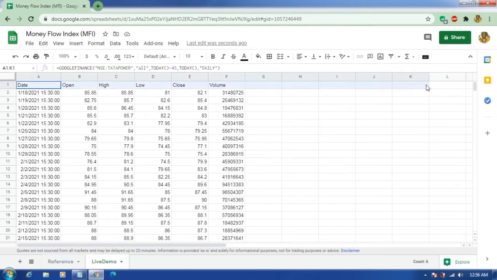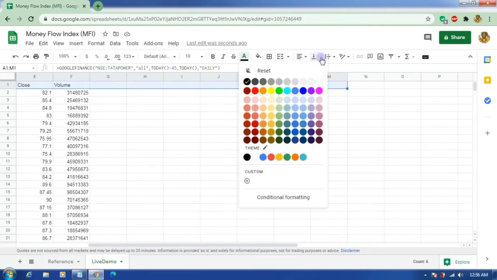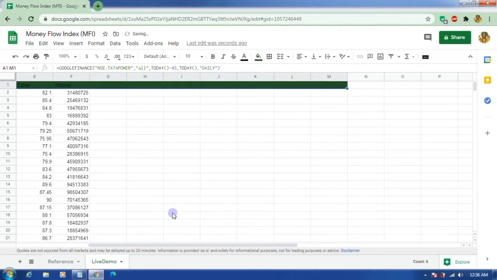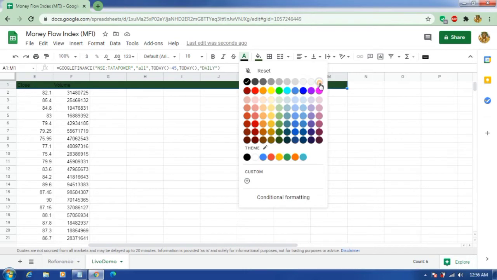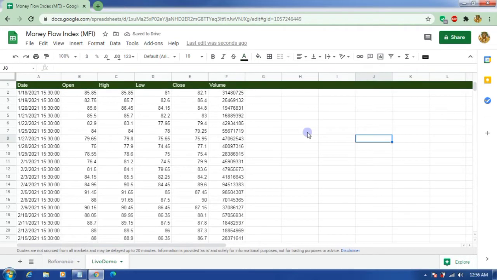Okay, let's see, I want to highlight it within some color, so I will highlight with green, and let's make the color as white. Okay, see, let's make the font size a little bigger.